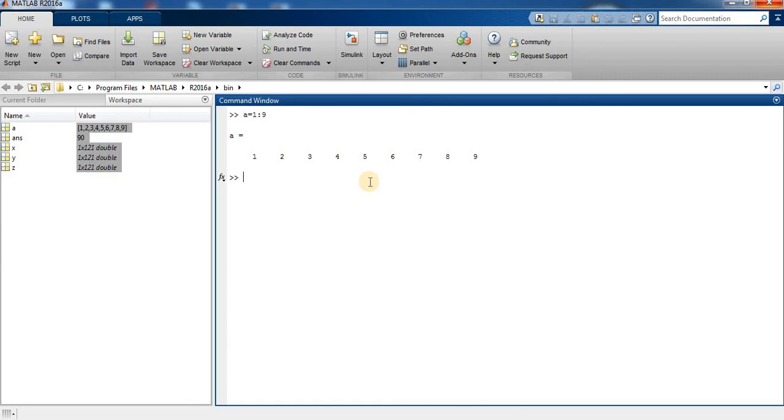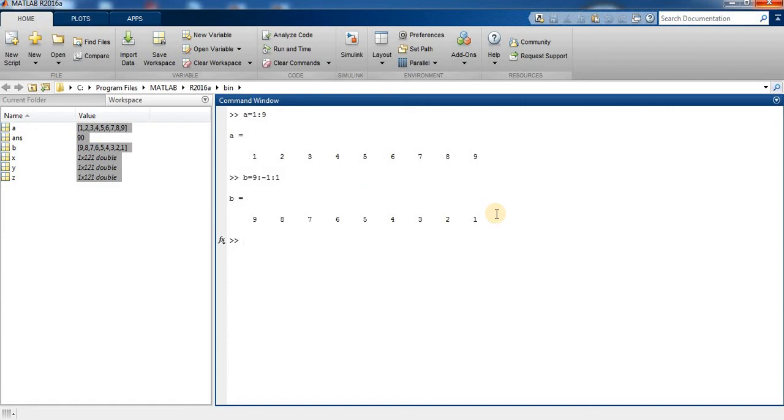So this is our a array. b is equal to 9:-1:1, press enter. So b is equal to 9 8 7 and so on. This is the b array.